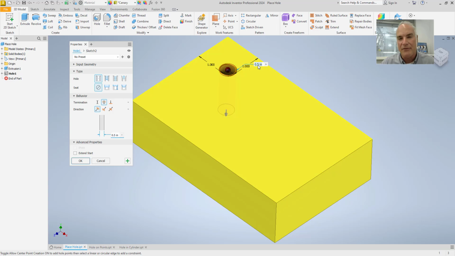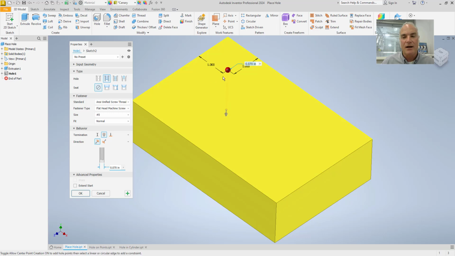You can't really put a 1/2 inch bolt through a 1/2 inch hole. It needs to be a little bit larger. So if I wanted that to be a clearance hole, I could simply change right here to the clearance hole option, and you'll see now that it changes a little bit. It says, okay, what are we doing? We're doing an ANSI unified screw thread for a flathead machine screw, and right now it's a single-aught size, which